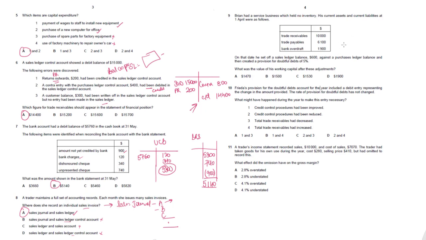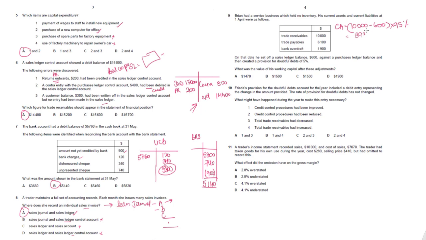Working capital is current assets minus current liabilities. So if we get the current assets and the current liabilities, we will be able to calculate the working capital. Current assets would be trade receivables, but from this we will have to subtract the set off or the contra. And on the remaining, we will have to apply 5% doubtful debts. So 95% we will calculate. So 9,400 into 95%,